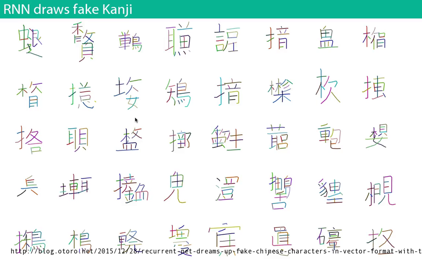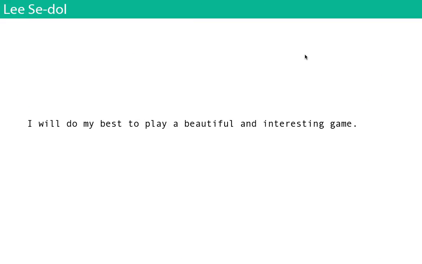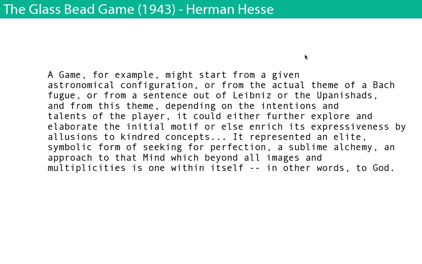I'll skip draw stuff though. This is done by David Ha. This is a recurrent algorithm which draws fake kanji. So these are all fake characters. Then the last, I'm going to skip this just because there's no time. So I'm just going to mention, and I'm going to show you this class. The last lecture that I did in my class was all about games.